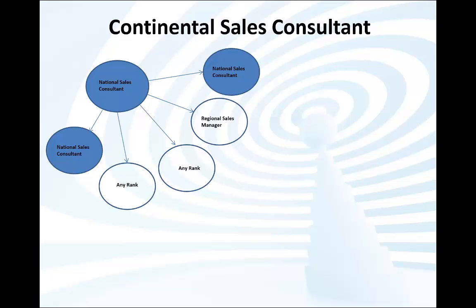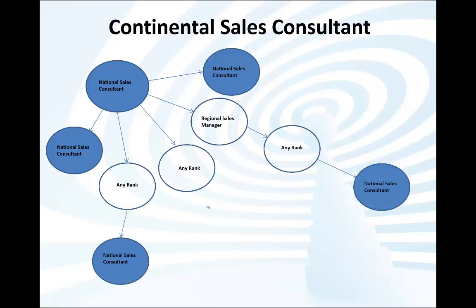Two of these legs are already at the same rank, and one is Regional Sales Manager, which is how they qualify as National Sales Manager, by having 3 frontline groups at the rank of RSM or higher. This is a very fair system because it encourages two things. One is to work closely with your frontline in the early stages, which is essential. The second is to work the depth of your team.